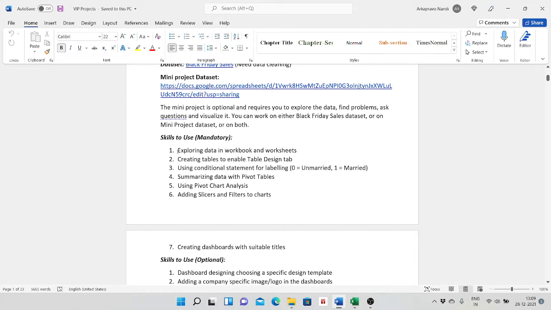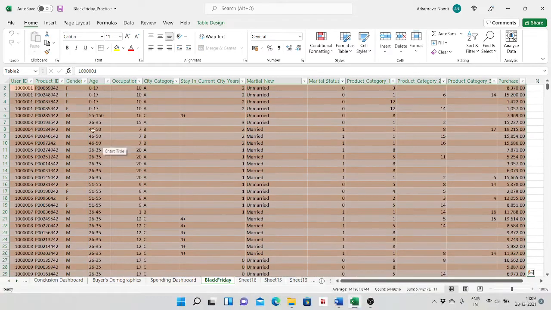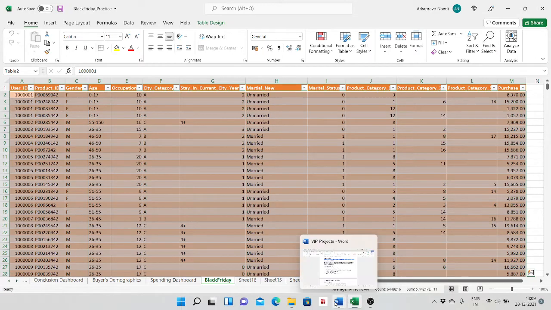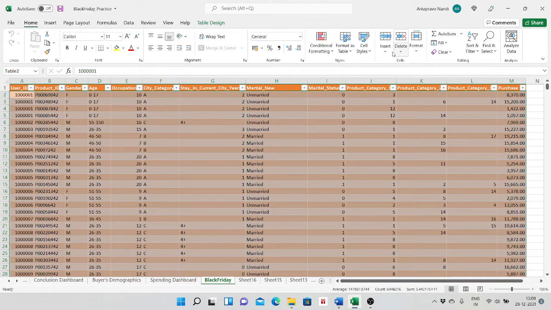The first one is to explore the data in the workbook and worksheets. This is my Black Friday dataset. In the second, I have to create tables to enable the table design tab.